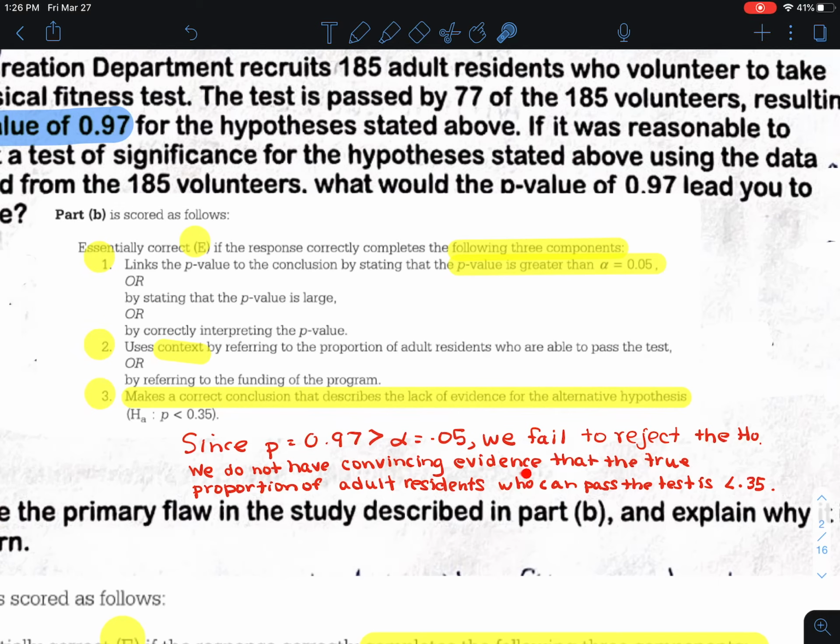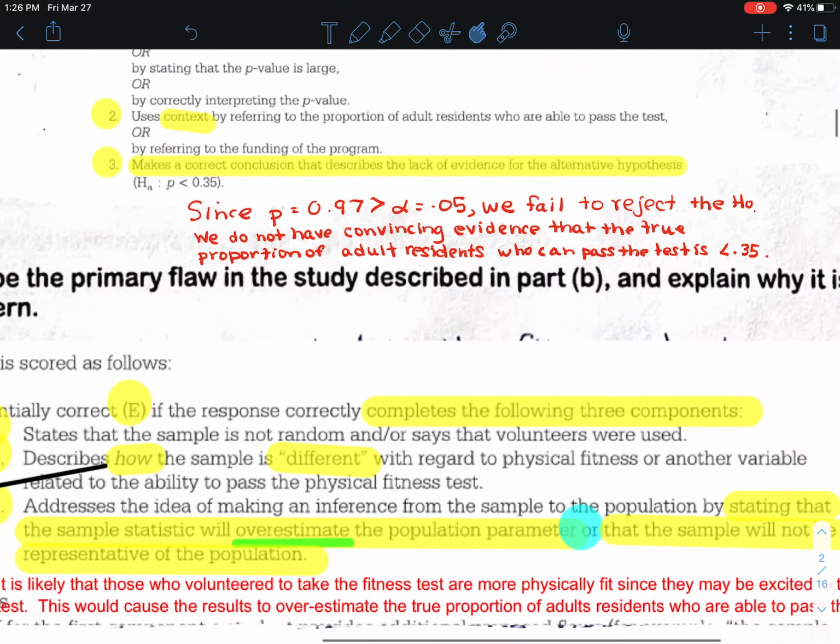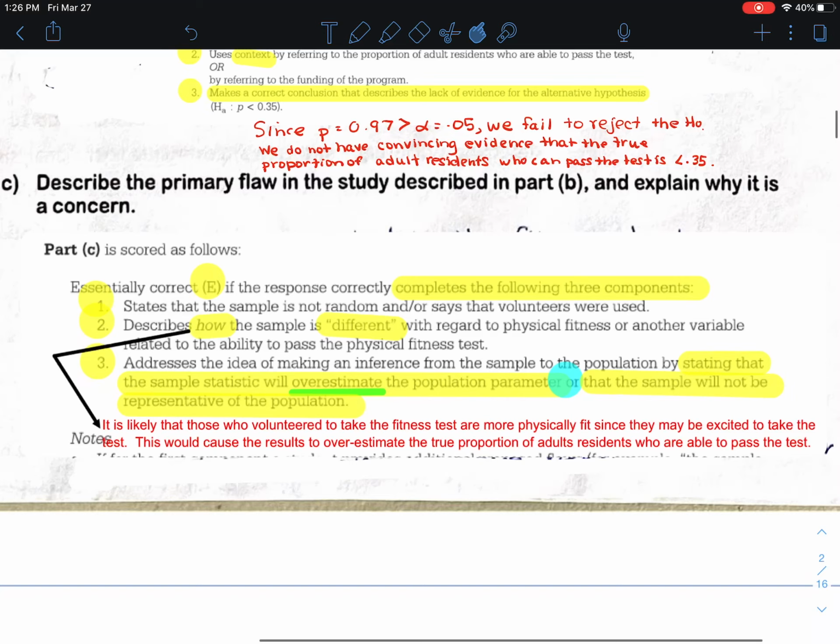We don't have convincing evidence that the true proportion of adult residents who could pass that test is less than 0.35. And you'll notice the second part here is you have to have context, and that's where we're commenting on the true proportion of adult residents who can pass the test. Okay, that part was pretty easy, hopefully, for you. Okay, part C says describe the primary flaw in the study described in part B and explain why it is a concern. Okay, well, the issue here is, first of all, you have to say that the sample was not